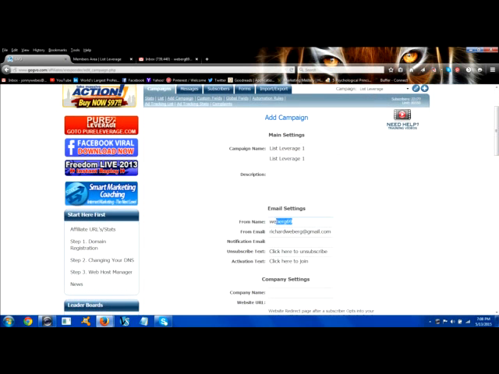From name, you're going to want to take out your username here and put your own name in. So I'm putting my name, Richard Weberg. And now the from email, I'm just going to use my Gmail address in this. It's recommended that you use your own web host, but for me, I'm just leaving that in there for right now. Otherwise, I would type in